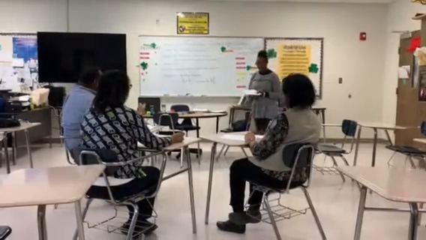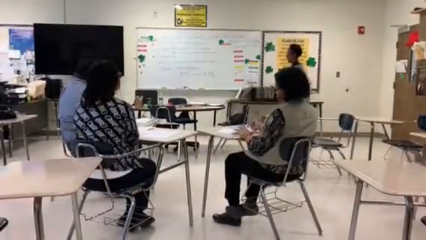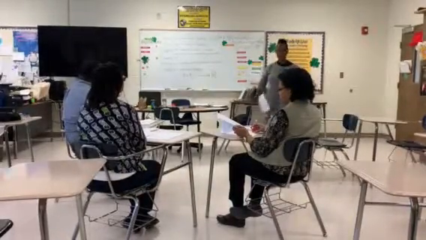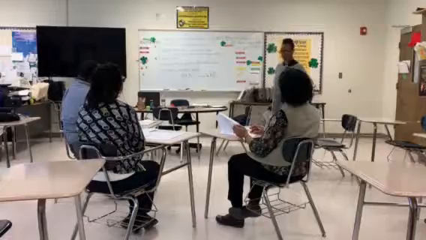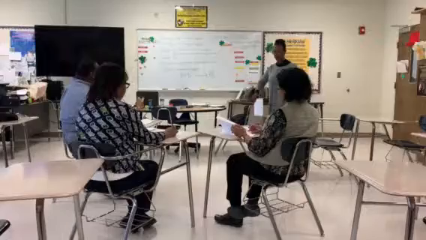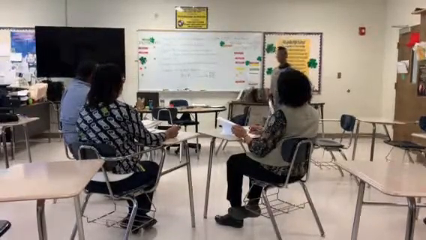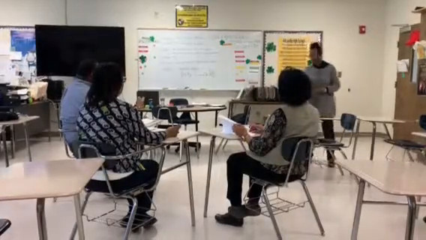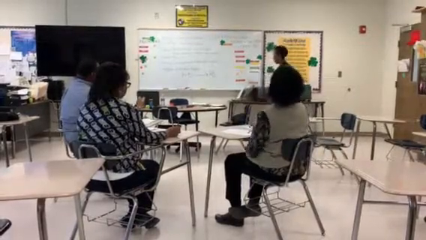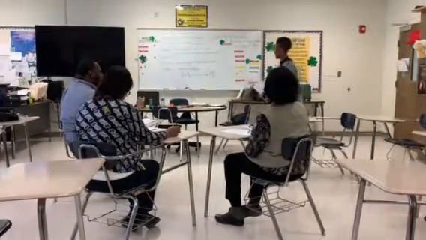Other questions? You sure? Okay, so what we have done is identify symbols that we would use to represent the items we're dealing with. Of course, everybody knows that oxygen, you can't see it, but you can breathe it, so it's a gas. It has no shape, it has no volume. And then, of course, a liquid has a definite volume. And then a solid has a definite volume and shape. So we've identified those things for you. And sometimes we won't know unless we actually look at the product itself.